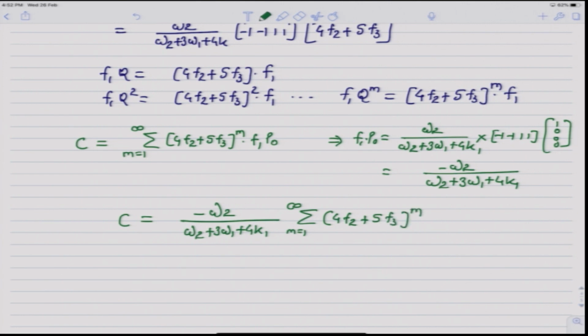Now this series we can approximate as 1 over 1 minus 4f2 minus 5f3, and then if we substitute for